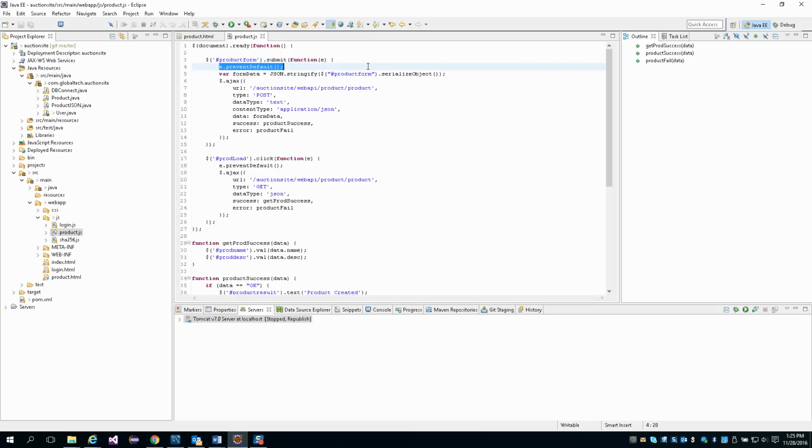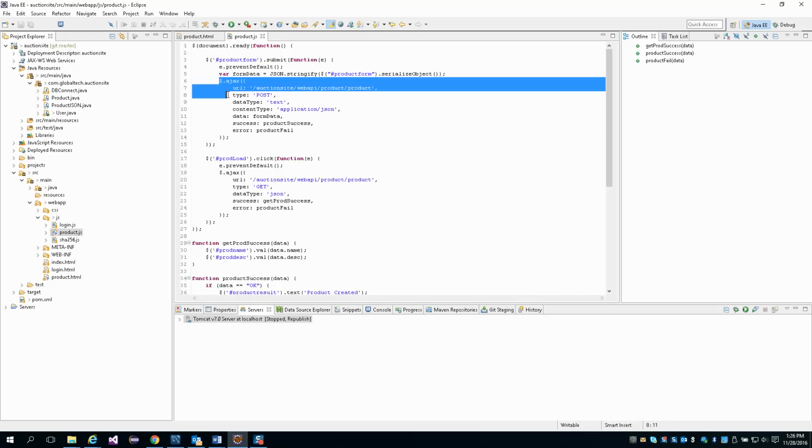e.preventDefault, if you remember, just basically says, I'm going to handle this event. Don't do any of the default submit stuff that the browser is programmed to do. And so we just want to have that in there to kind of interrupt the standard browser flow. We're going to handle this event. We'll come back to this line in a second, but here you'll see we're making an AJAX call again to